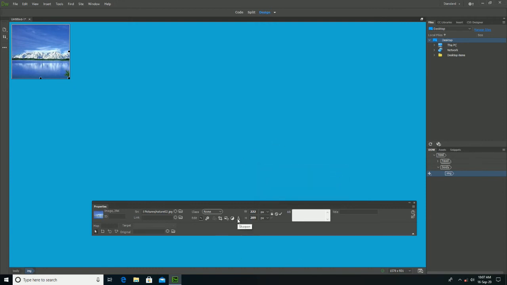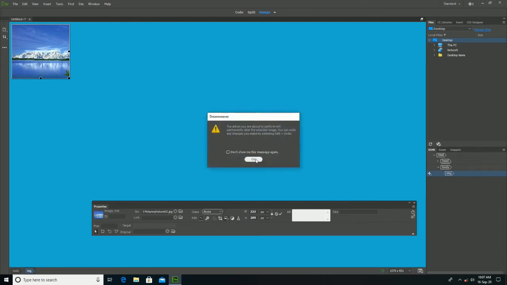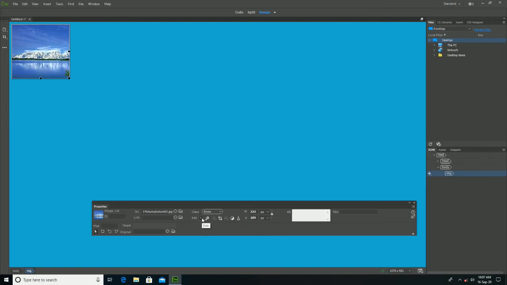Now you can also set the sharpness of the image. Now you can also edit your image in Photoshop.